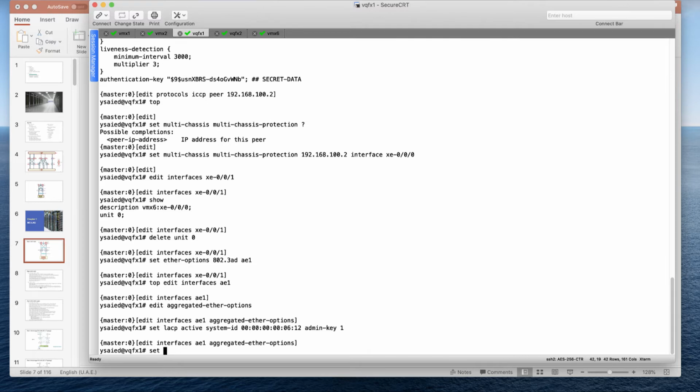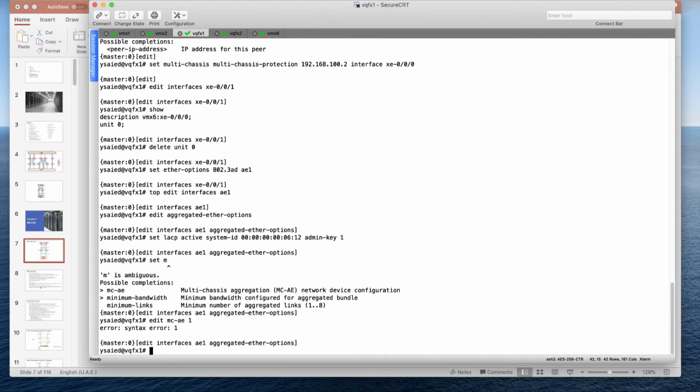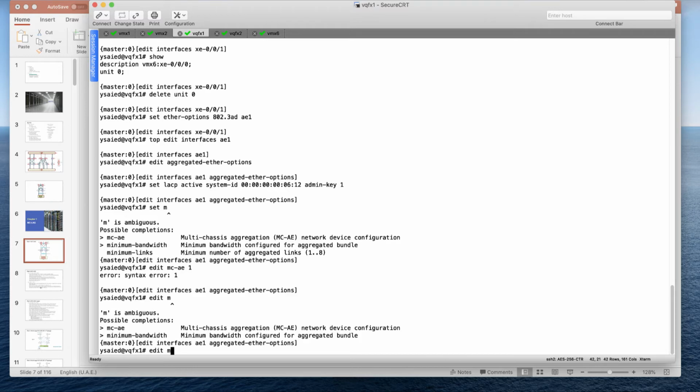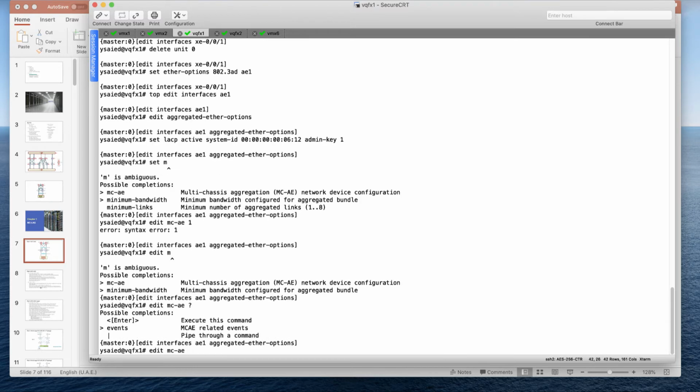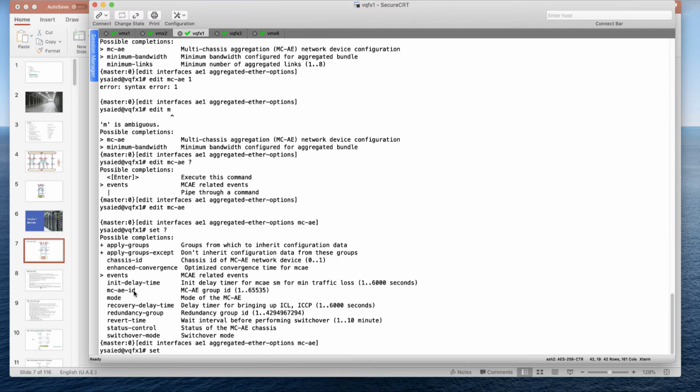Then we have MCAE, the multi-chassis aggregate Ethernet interface. We'll use MCAE. Let's edit MCAE. Okay. Then